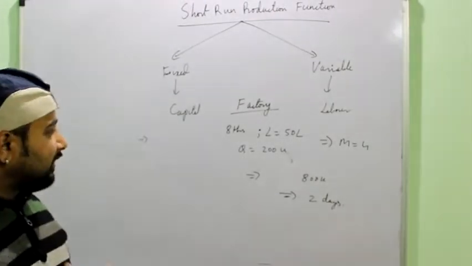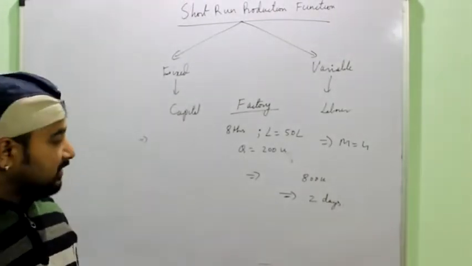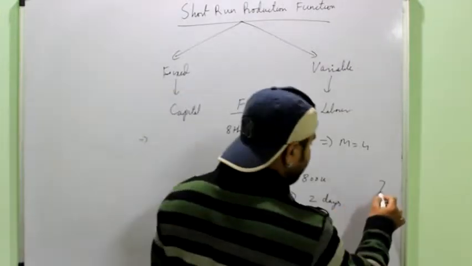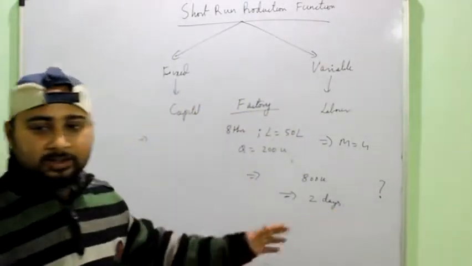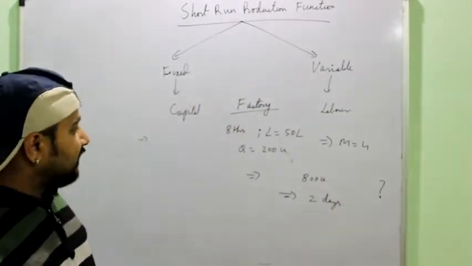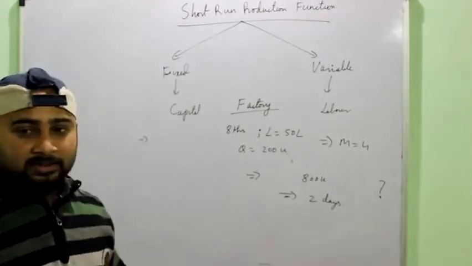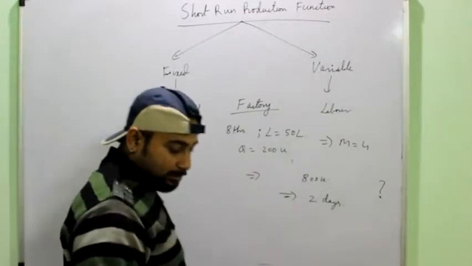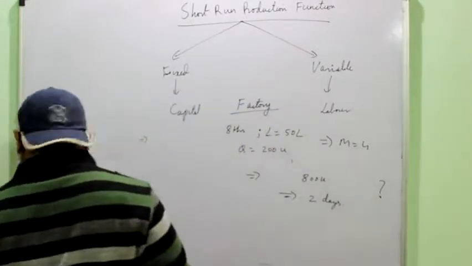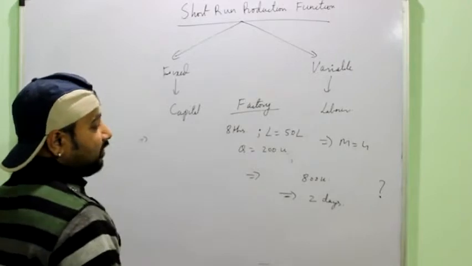Right? So first question is that can this factory complete this order, right? Some of you might say yes, some of you might say no, but most of you would agree that it can complete this order. This order can be completed. Just imagine, suppose it was your firm, your factory, and you get this particular order.